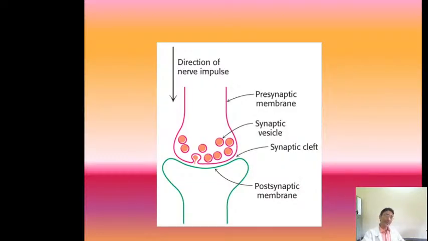This is all which I have been telling you in a long class. Every day I have told you earlier. Presynaptic membrane, postsynaptic membrane, this is the synaptic cleft, this is the synaptic vesicle. The synaptic vesicle holds a neurotransmitter, and into this cleft the neurotransmitter gets secreted.